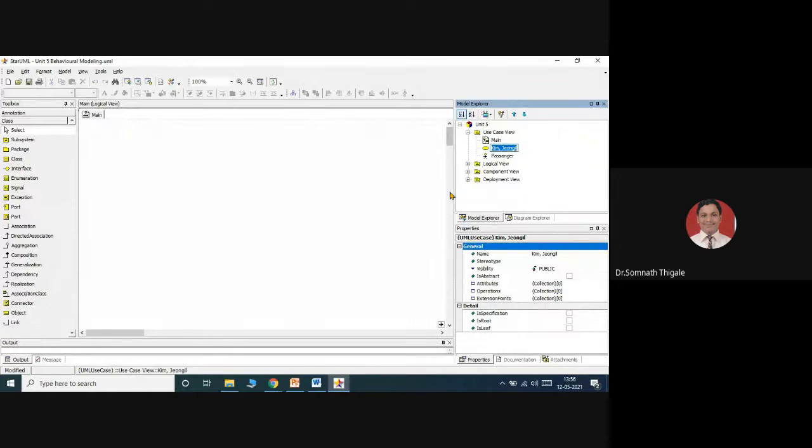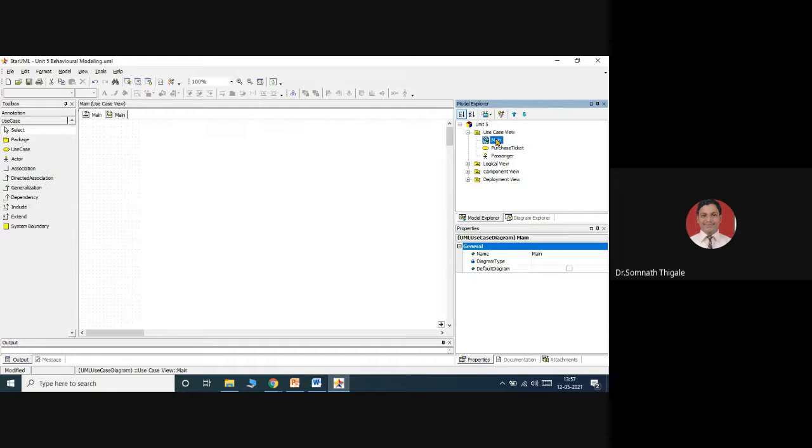I will give the name purchase ticket. Purchase ticket. So just bring your passenger over there, passenger is here. Then purchase ticket.